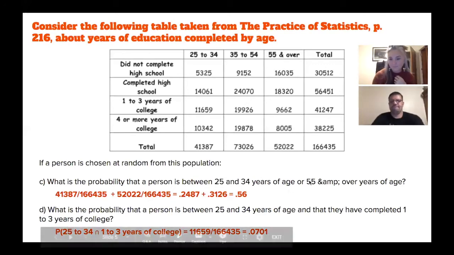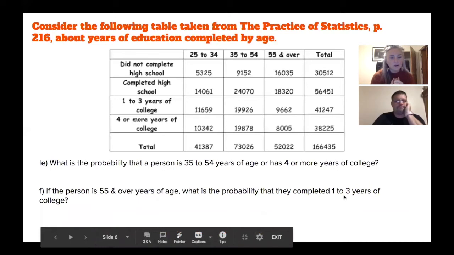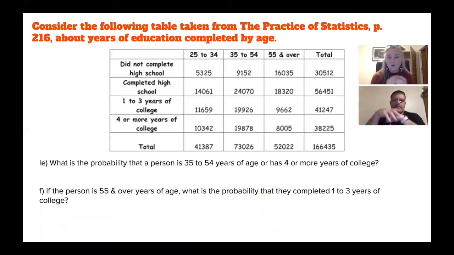Okay. So what is the probability that a person is 35 to 54 years of age or has 4 or more years of college? Okay, now we're going to have an overlap because if we take the 35 to 54 people, that would be,